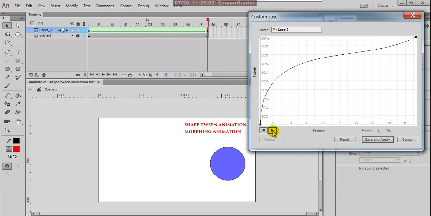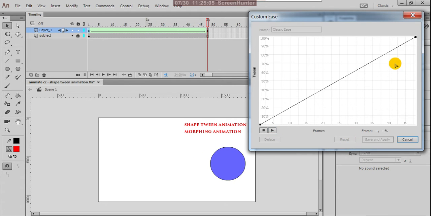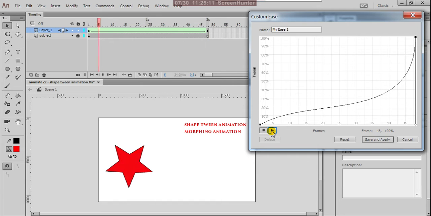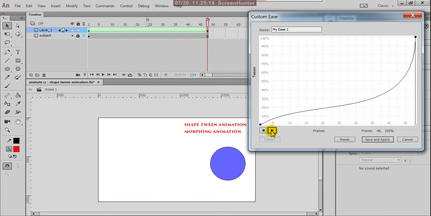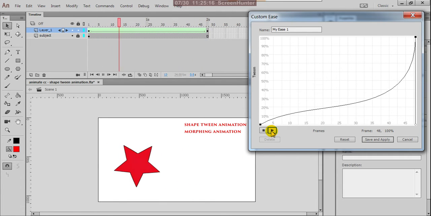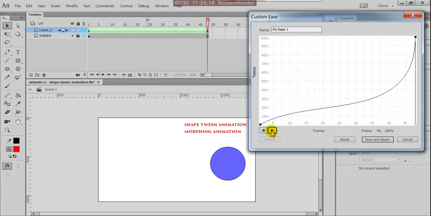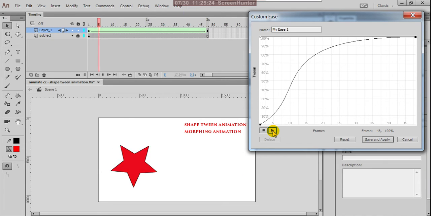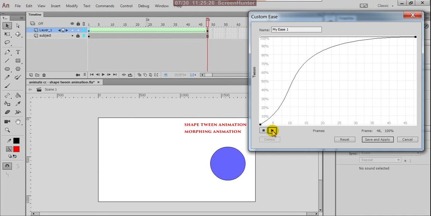Good. Suppose I reset, then here you can click and drag this side and play this. See, starting slower, ending very fast. Now you can change this here. See, as per the second ending frame, it is very normal and slow.